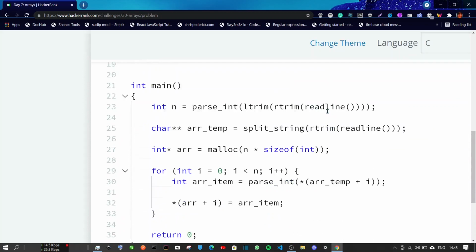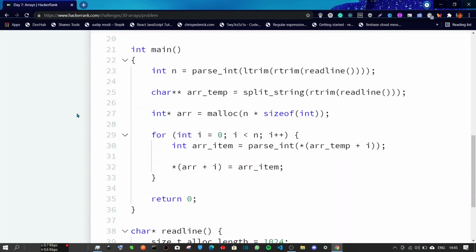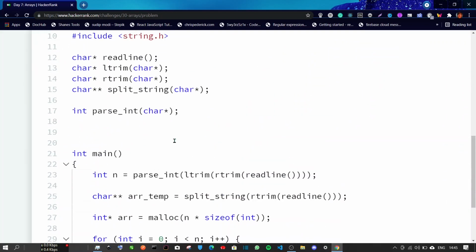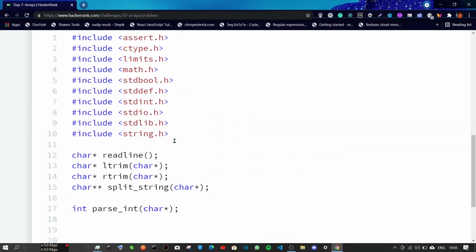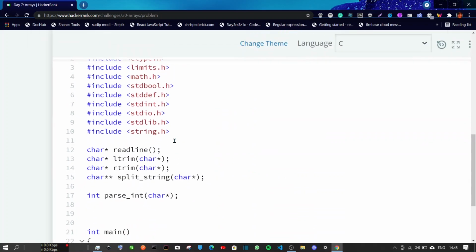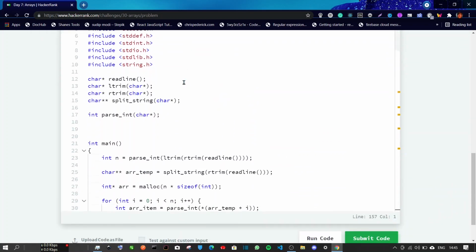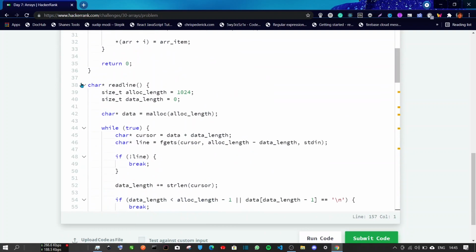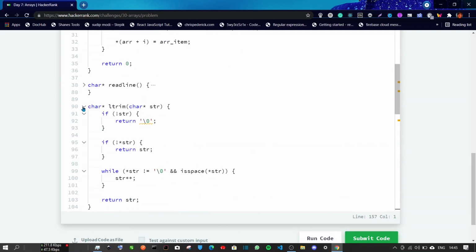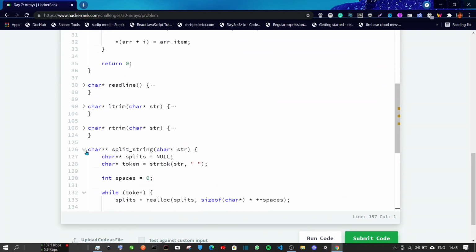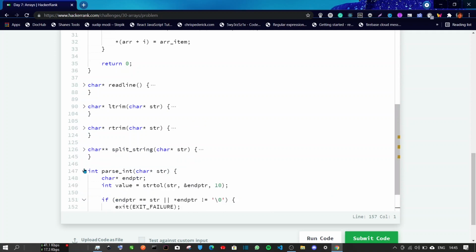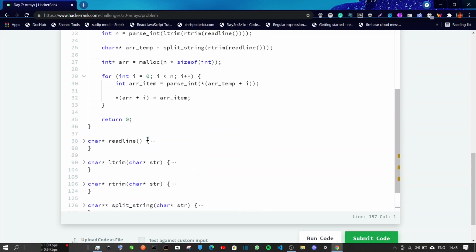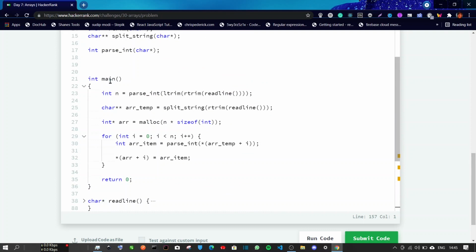we'll see how this complex code can be simplified and how all of this that is already included in the editor doesn't matter that much. So we'll just minimize all this readline, ltrim, rtrim and parseInt function. I'll explain the main function of that code.